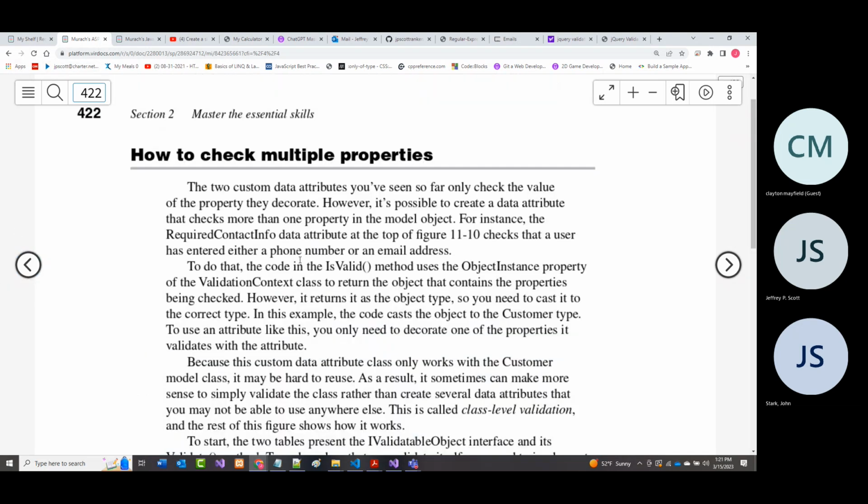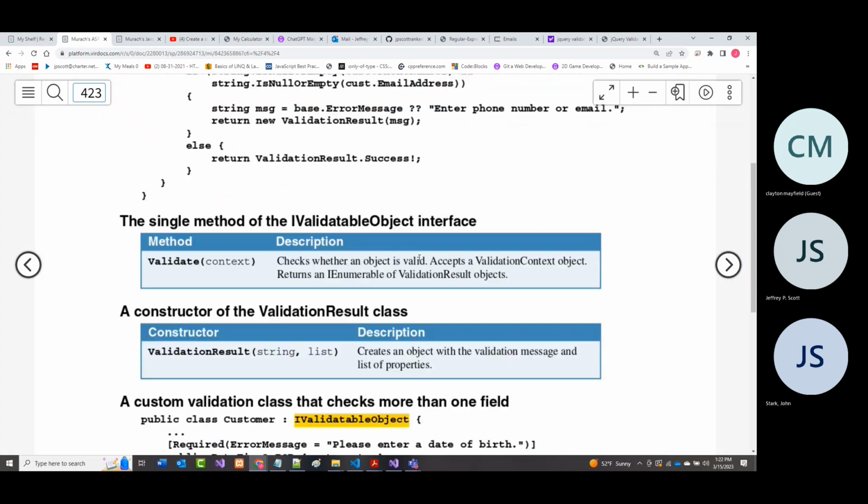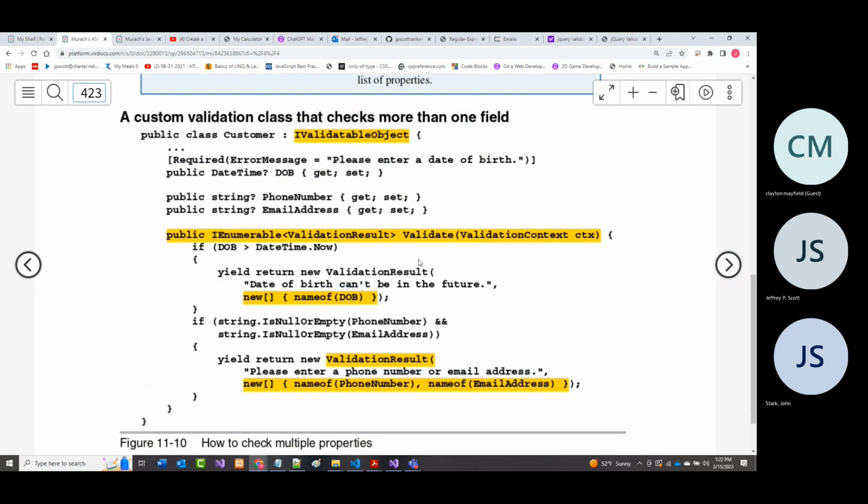They also mention here that because this custom data attribute class only works with the customer model class, it may be hard to reuse. As a result, it sometimes can make more sense to validate the entire class than create different attributes. That's known as class level validation, and that's what's shown in here.